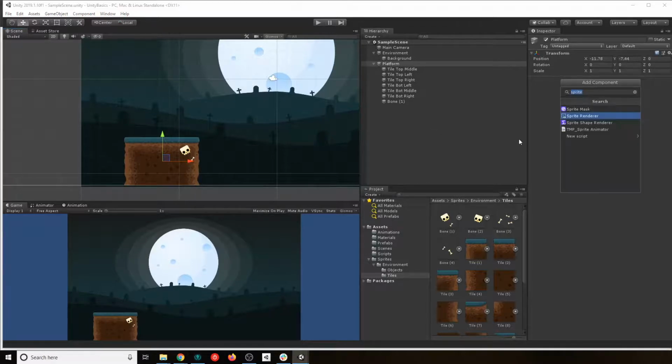So I can go here and look in our search for collider. The search will show me all the types of colliders that Unity has. There are 2D and 3D colliders. Make sure that because we are in a 2D game, we are using 2D colliders.